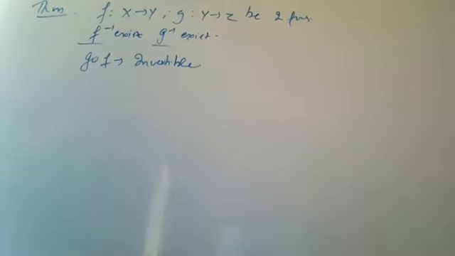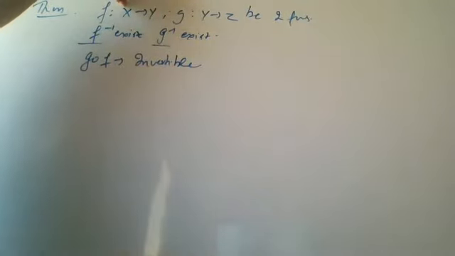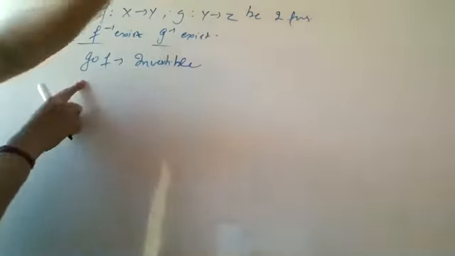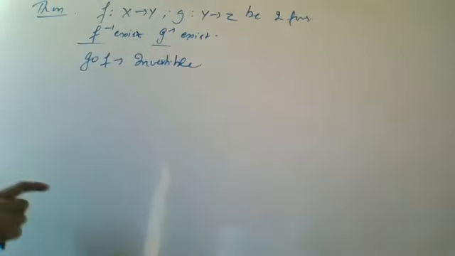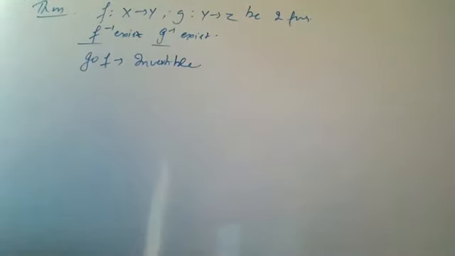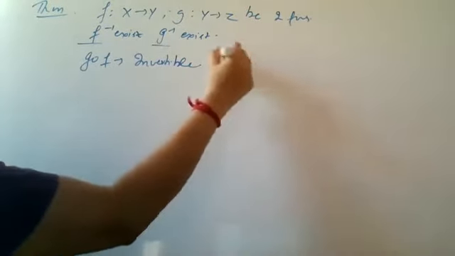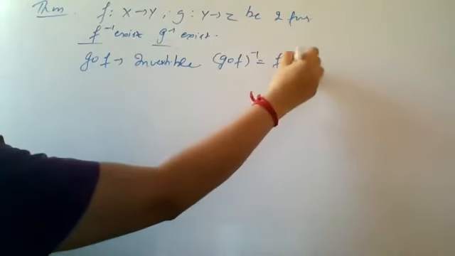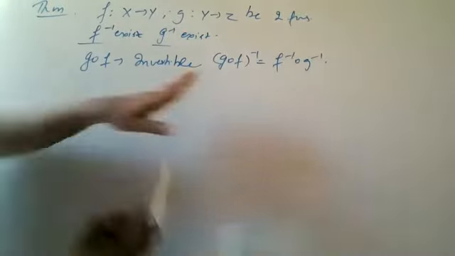ठीक है? तो G composition F is invertible and it will be from where to where? कहाँ से कहाँ जाएगा? G composition F means you are applying from F, so it will be from X to then G का last Z. X से Z जाएगा. Okay, इतना clear है? आपको ये प्रूव करना है. Invertible है and the definition is G composition F का whole inverse will give you F inverse composition G inverse. This is the thing which you need to prove.